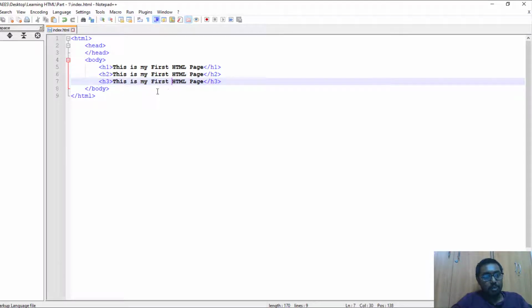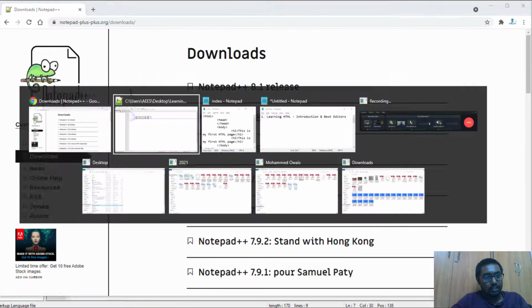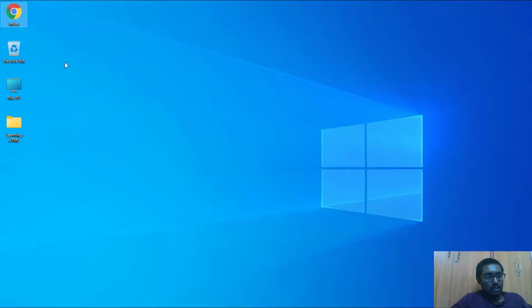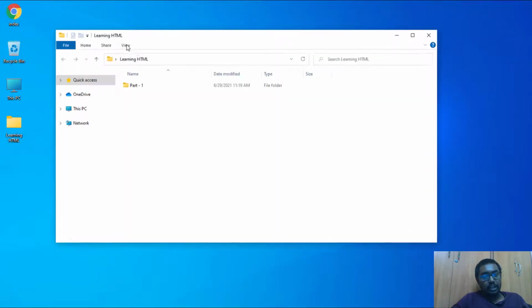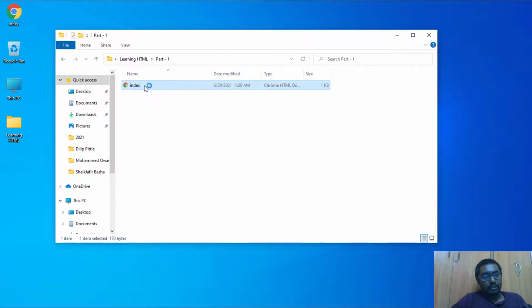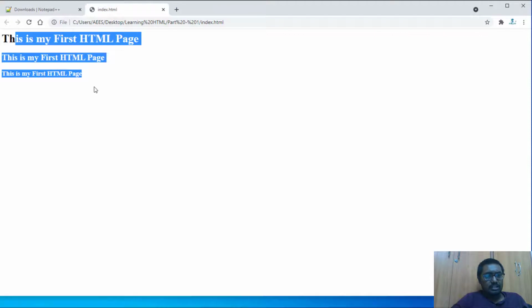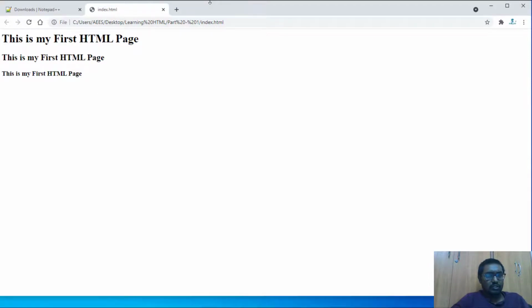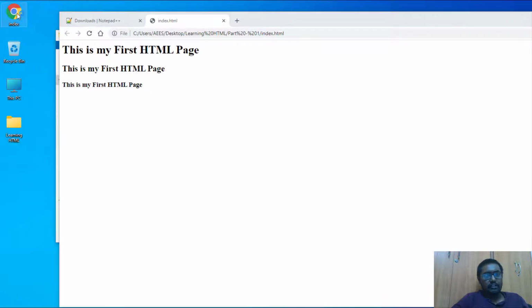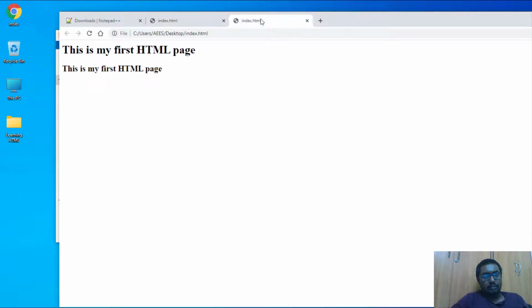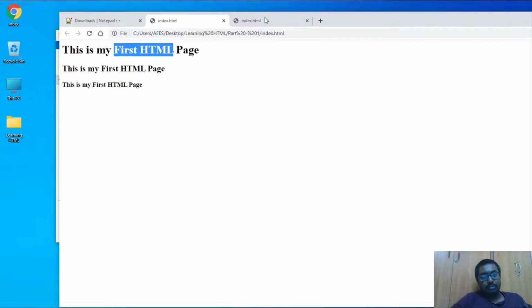Whereas in Notepad, it becomes very difficult for us, right? So here you go with Notepad++. Let me open the folder and show you this index. See how good it is. The same code. If you see side by side, if you create with Notepad++, the thing will be the same. Both will be the same thing. Here I have written in caps, here it was in small. That's the only difference, and the remaining things are very much similar.